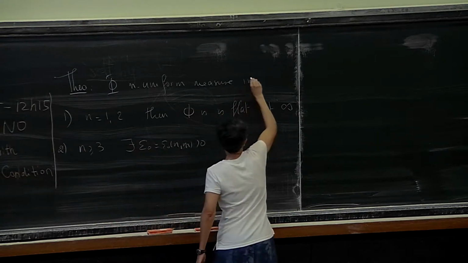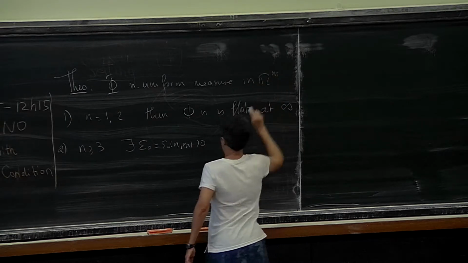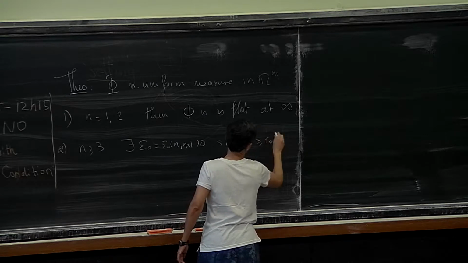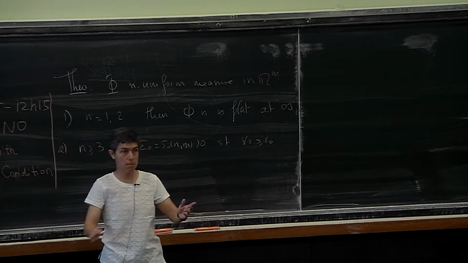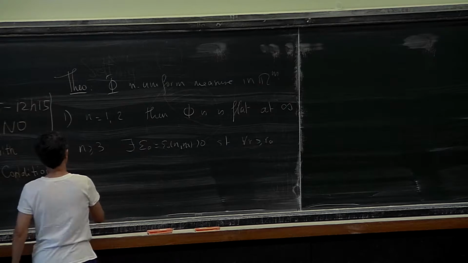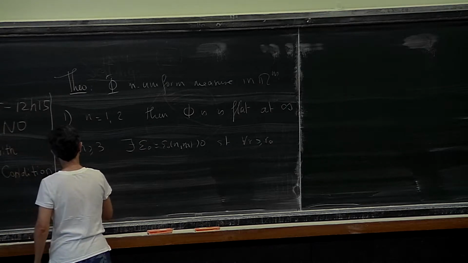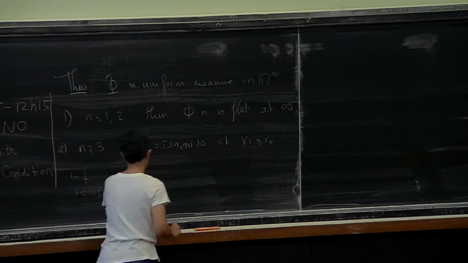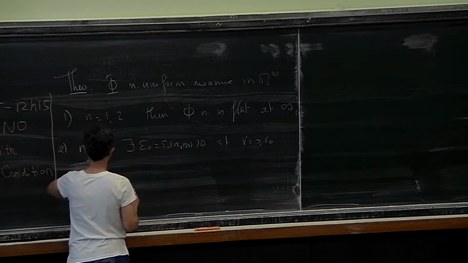We live in R^m here. Such that if for every r bigger than r0, and r0 only needs to be somebody bigger than 1,